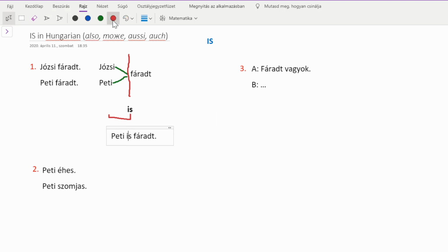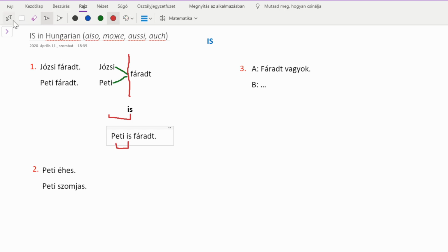So the rule is that you place this "is" word right after the subject, and this indicates in the Hungarian language that there is another subject. So it is not only Peti who is tired, but another person. So this simple sentence expresses that there's another person who is tired. Okay, this is the explanation of the first exercise. Let's see the second example, when we have the same person and two different conditions.